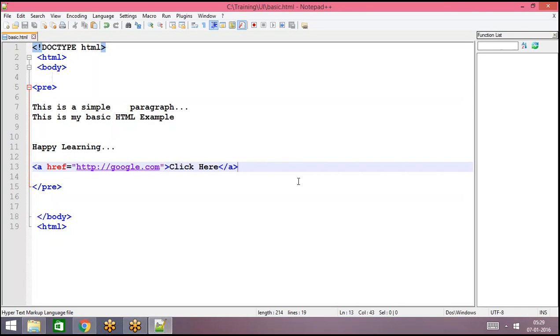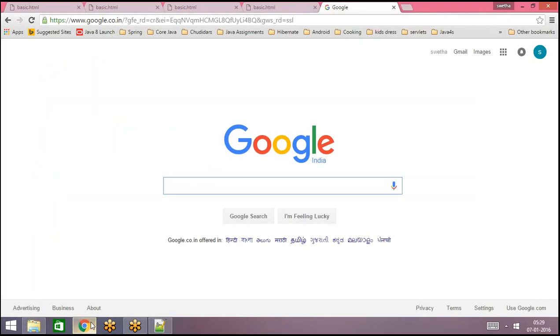For today, I'm going to stop this session. And when we discuss the attributes, we'll discuss the browser support also. Some of the attributes are deprecated in the HTML5 version, and some of the attributes do not work properly in different browsers. So I'll show you the example for Chrome browser, Internet Explorer, and Mozilla Firefox. After starting with the examples, every example I'll show using Chrome, Internet Explorer and Mozilla Firefox also. For today, I'm stopping the session. In our tomorrow session, we'll discuss in detail the other topics in HTML.